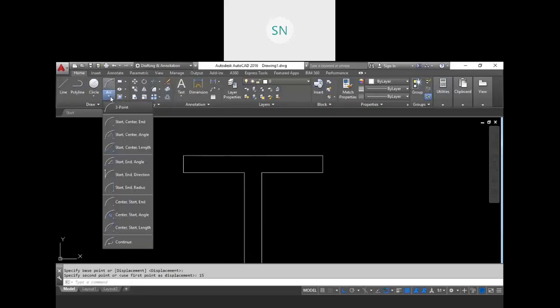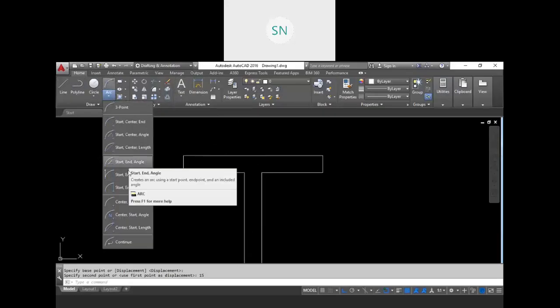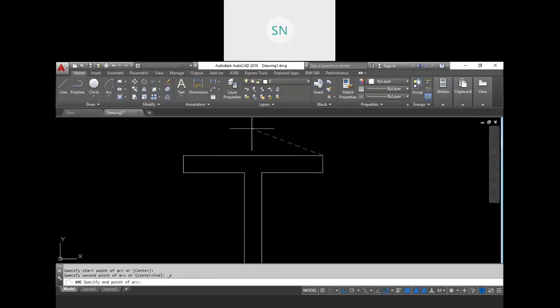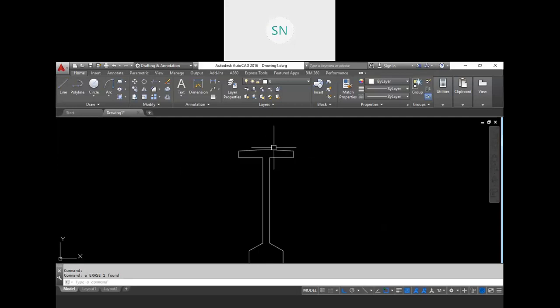See, you can create one arc with start, end, and radius. This is the starting point, this is the ending point, and the radius should be 500. So actually this face you have, this one, right? It is not completely flat, but that dimension is not given to you. So if you haven't done that, it is okay.